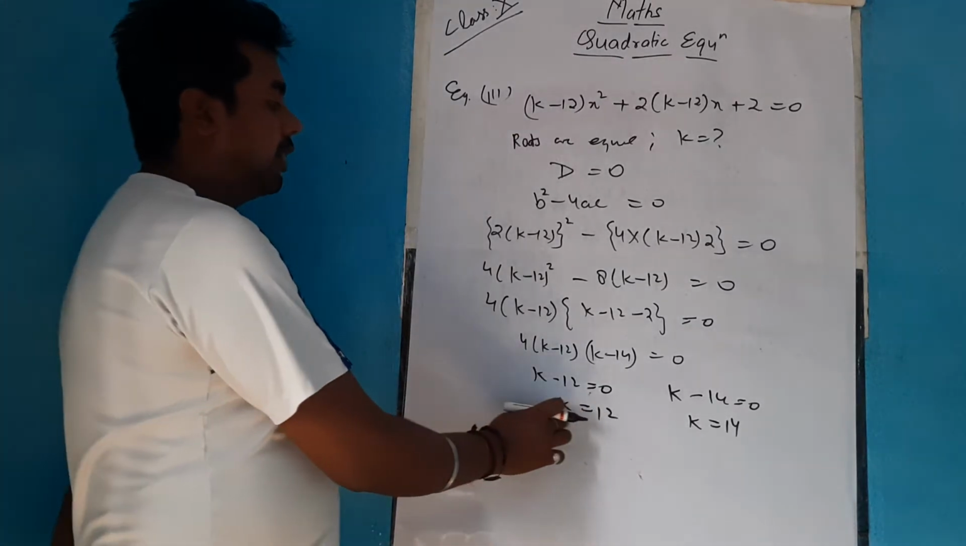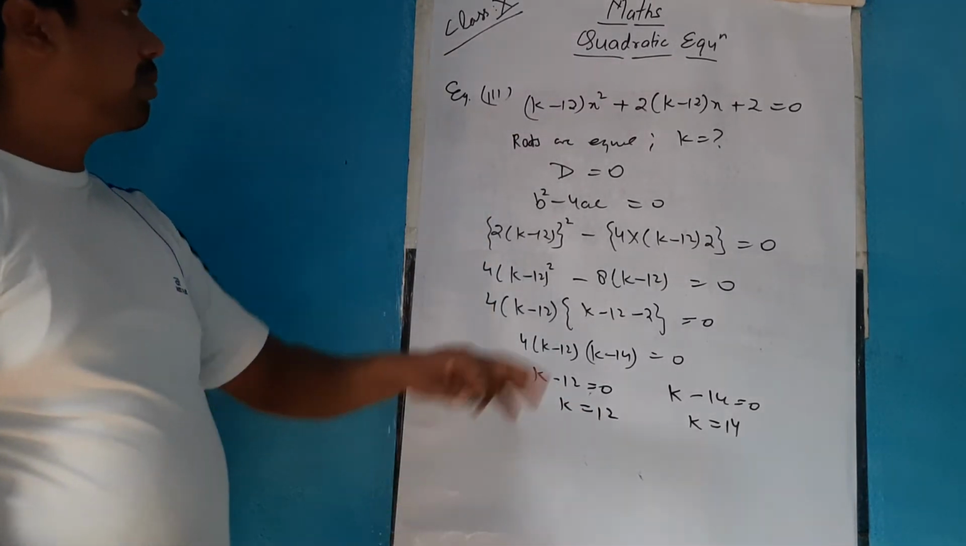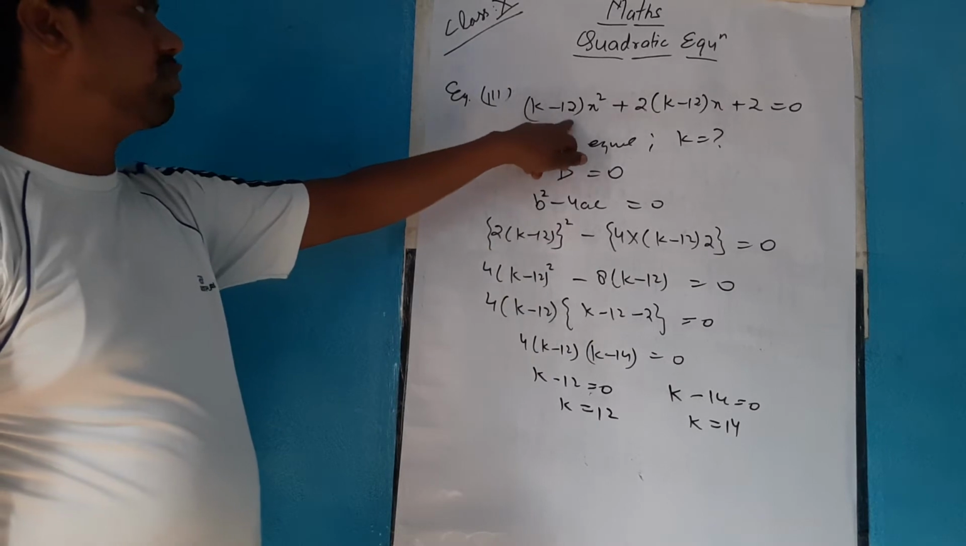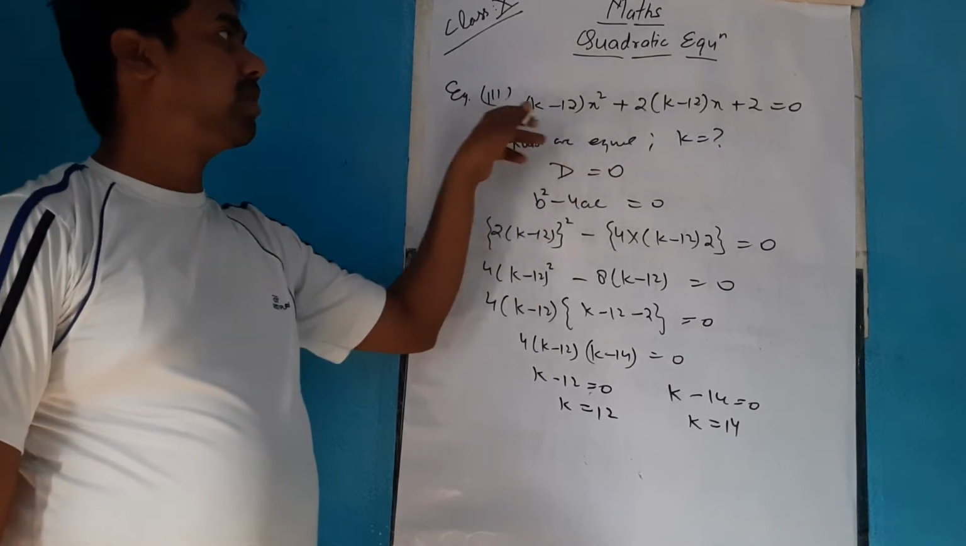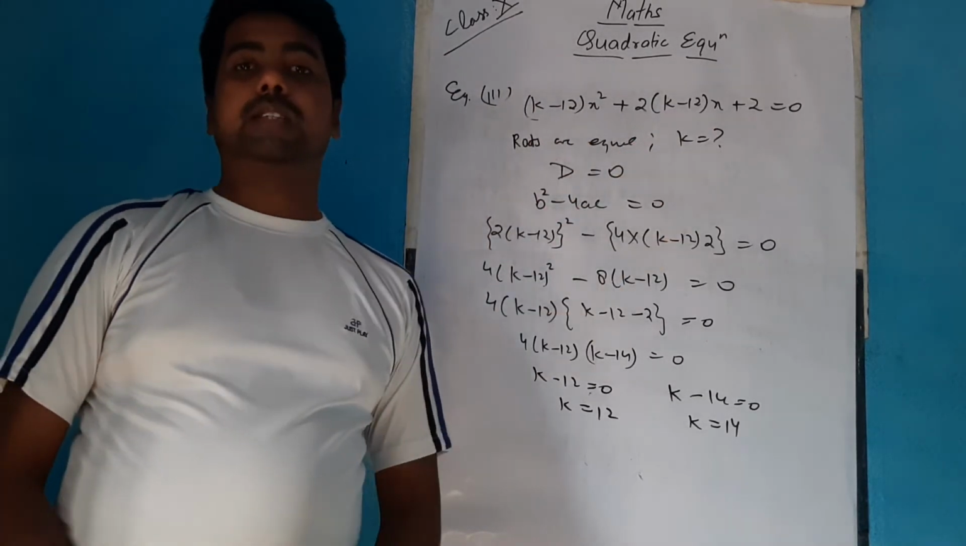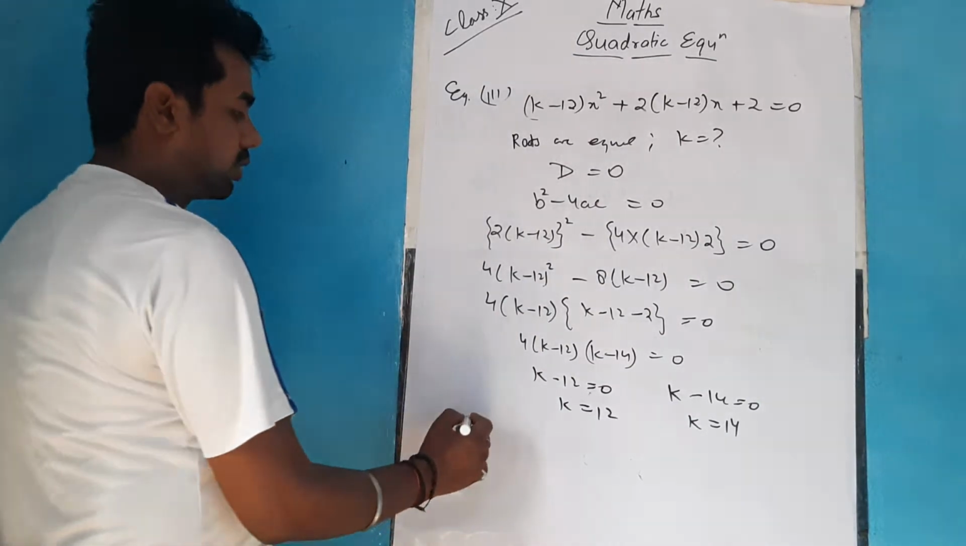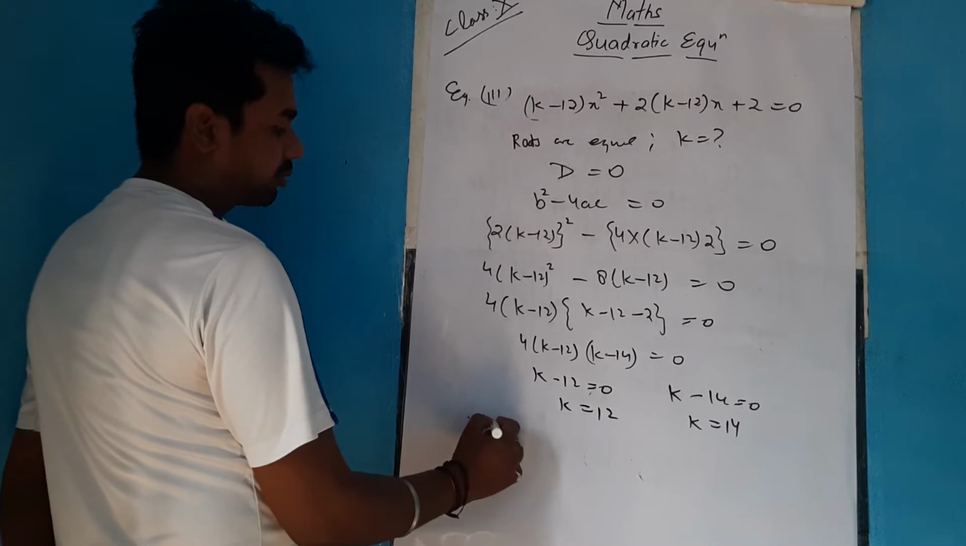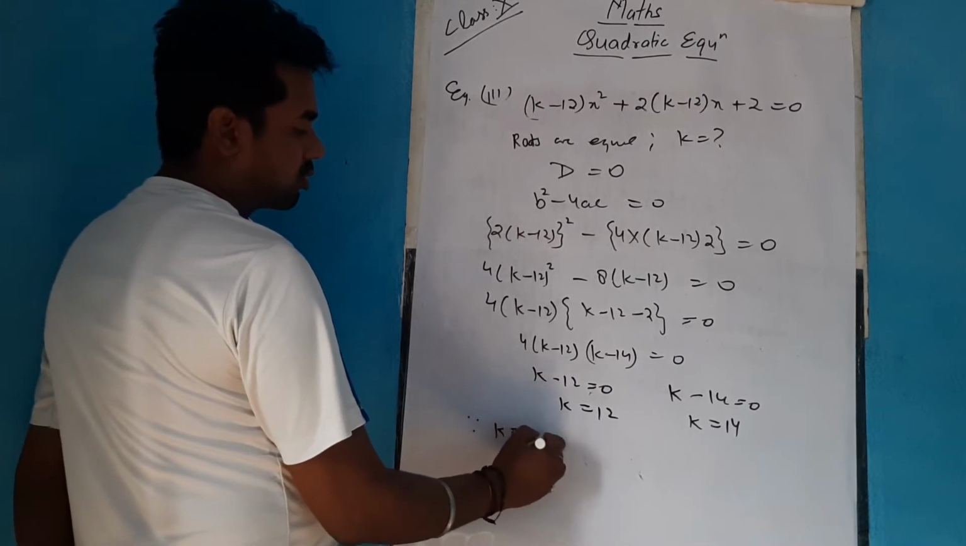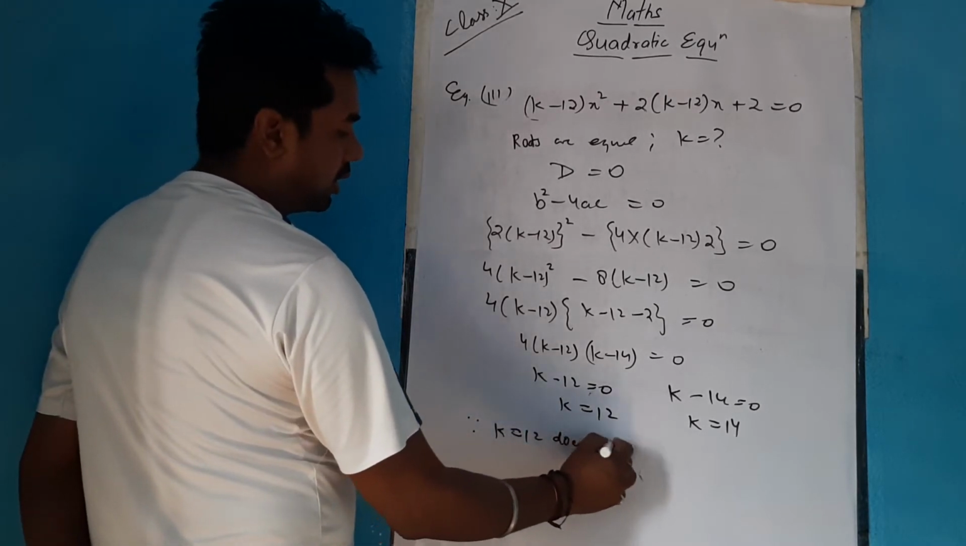When you put the value of k as 12, 12 minus 12 becomes 0. So these two terms will not exist, and that will not remain a quadratic. So since k equals 12 does not